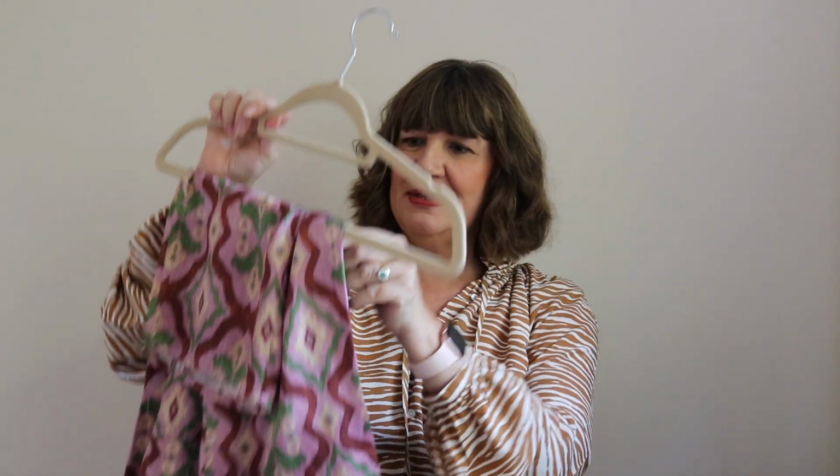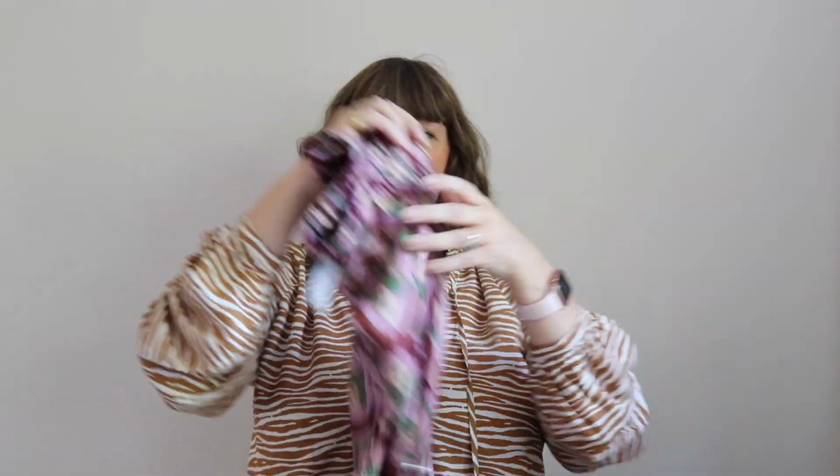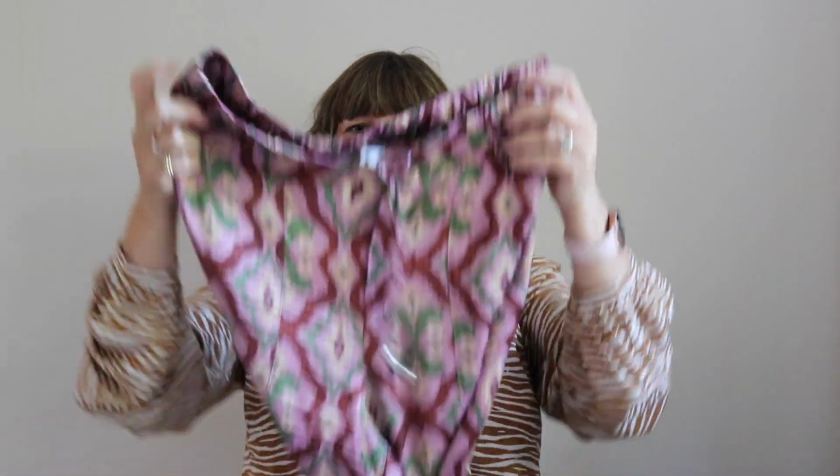And then as I'm thinking about putting my capsule together, I've always got my eyes open to see if there's anything that's going to work really well in there. And I spotted a pair of trousers, these from Zara. Now, we did have a discussion on Instagram about Zara. Let's take them off the hanger,